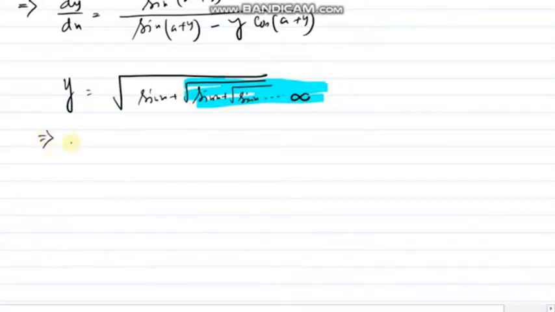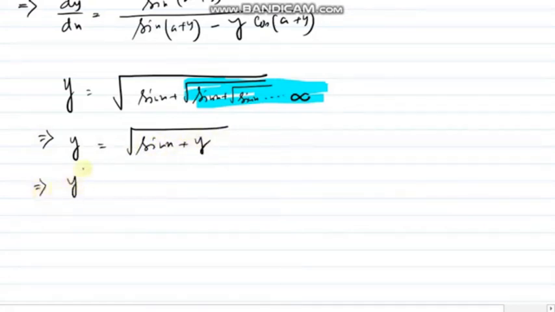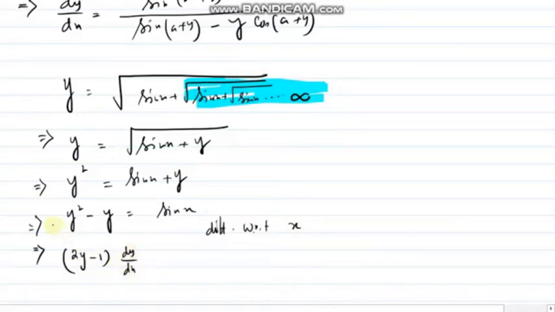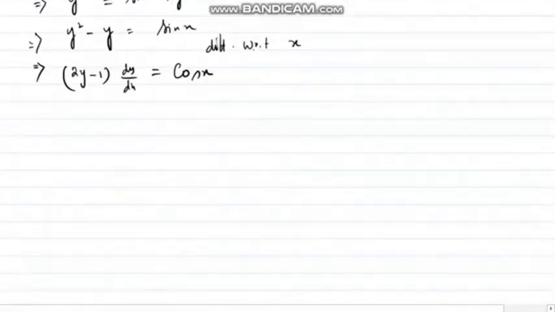So can I write my next line as y equals root over of sin x plus y? So if I square it, y square equals sin x plus y. Further, if I take that to the left hand side, y square minus y equals sin x, right? Now if I differentiate with respect to x, it will be (2y minus 1) into dy/dx. Do you agree? By this time, I hope all of you understood, d/dx of y square will be 2y into dy/dx, same goes with y, right? On the right hand side it will be cos x. So we can find the value of dy/dx, or if the proof is coming like that, we can keep it like this. Is it fine?